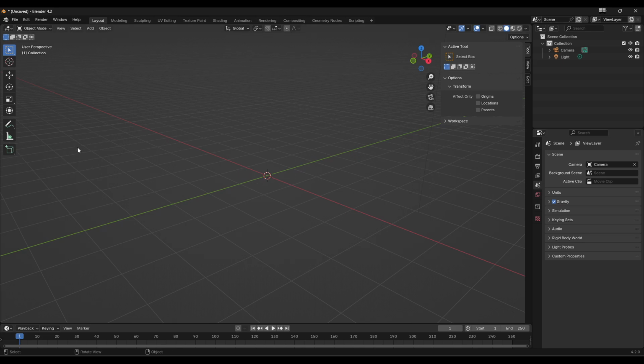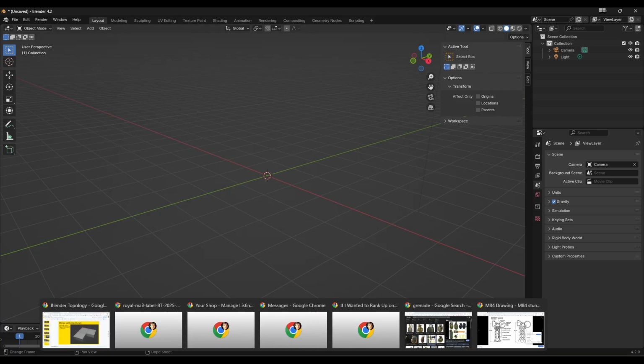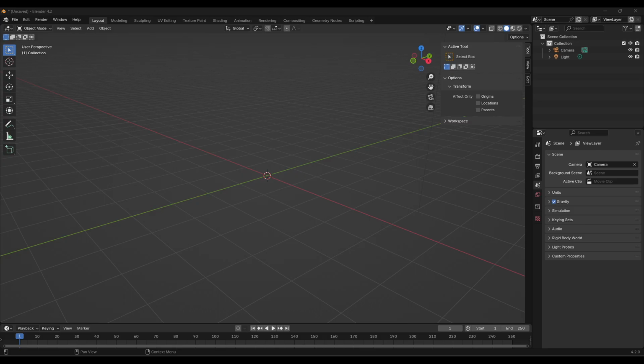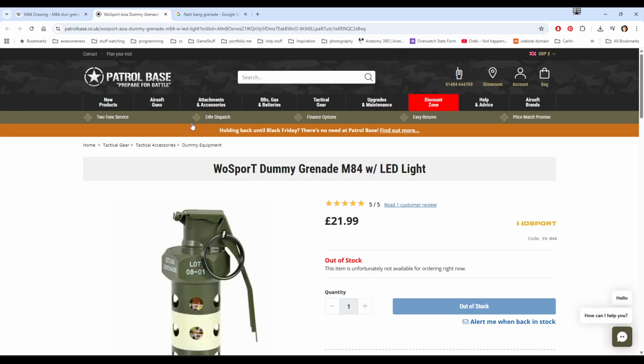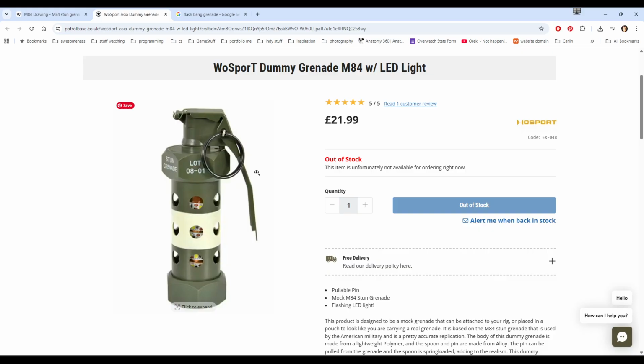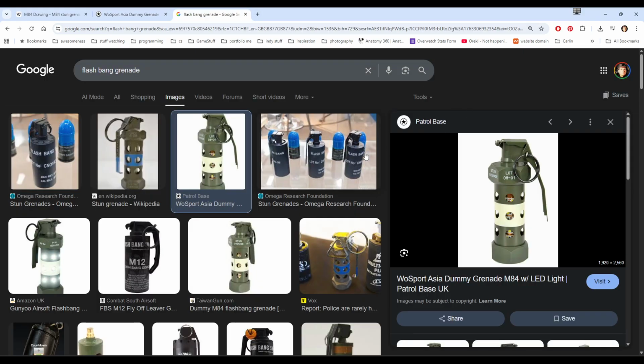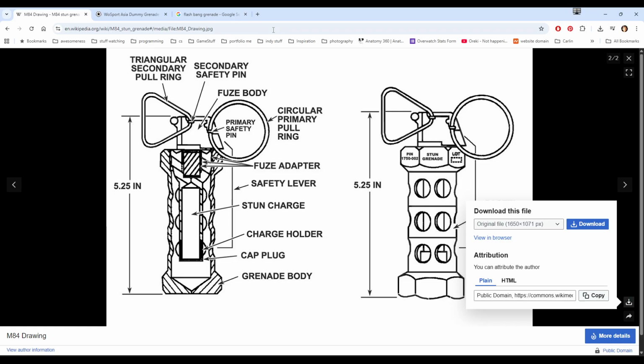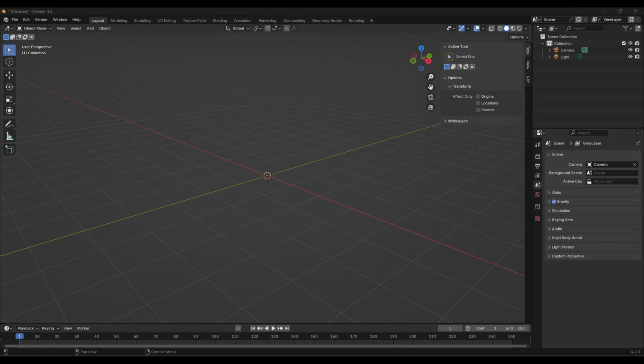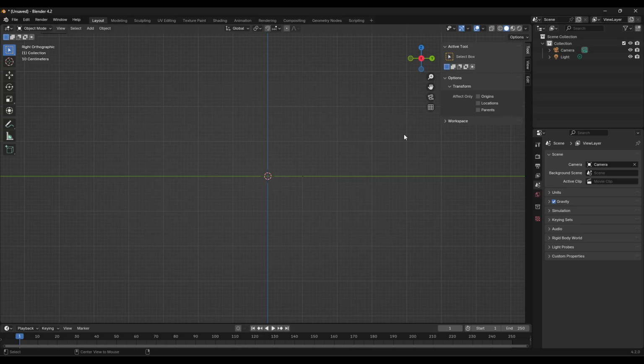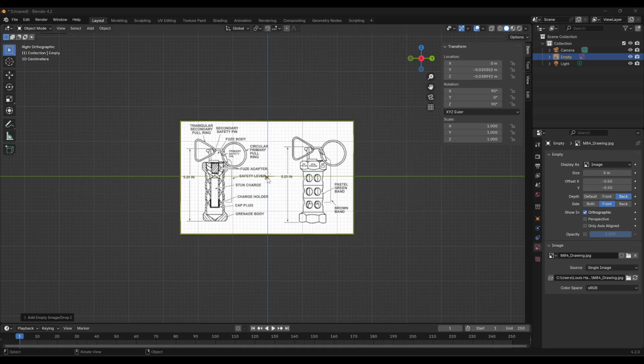Okay, so in this video we're going to do some hard surface modeling. We're going to do a flashbang grenade. So on my other screen I've got this open and just some images, and we're going to drag this image in first thing. So let's snap into the x-axis here and just drag in our reference,